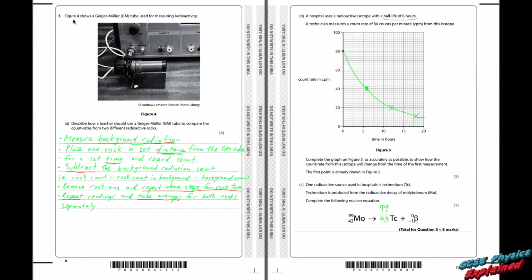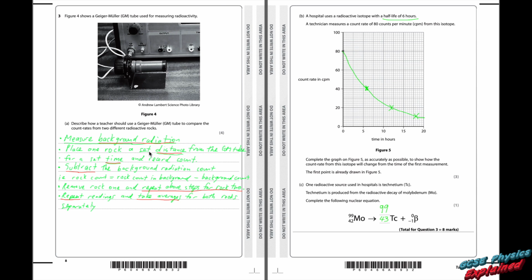Question 3. Figure 4 shows a Geiger-Müller tube used for measuring radioactivity. Part A. Describe how a teacher should use a Geiger-Müller tube to compare the count rates from two different radioactive rocks. So this is a little tube here, and what you do is you put a little rock or whatever there, and if there's radiation coming off it, it goes down into the tube, and the tube can detect how much radiation's coming off. First of all though, before you measure the rock, you've got to measure the background radiation,